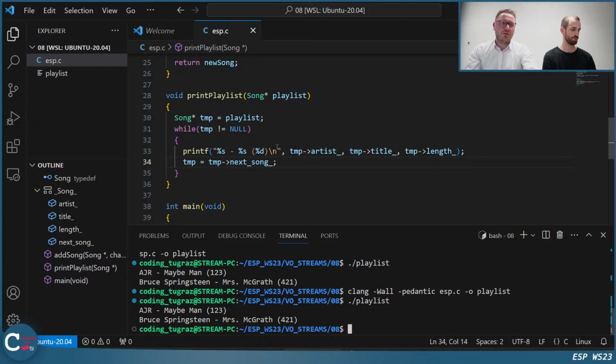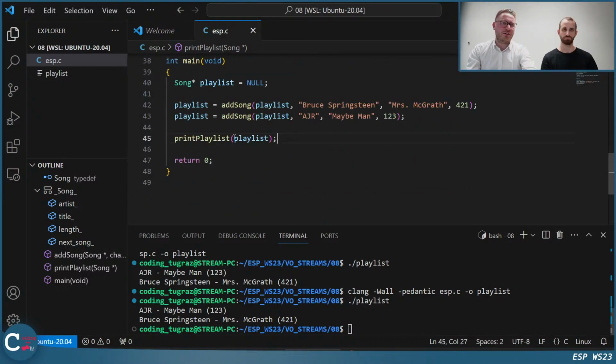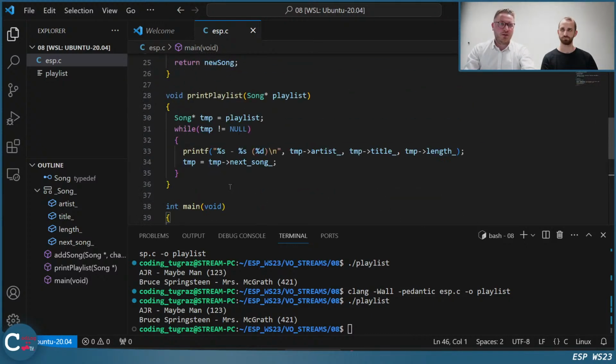What do we have left? I mean, we could do some delete function. By the way, I have a complete code with, I don't know, 200 lines of code, with deleting and cleaning up too, because when we add at the end, we want to go through the list again, delete and free everything. So I will provide it with this code. I tried to comment it, really helpful, so you can always watch this code.